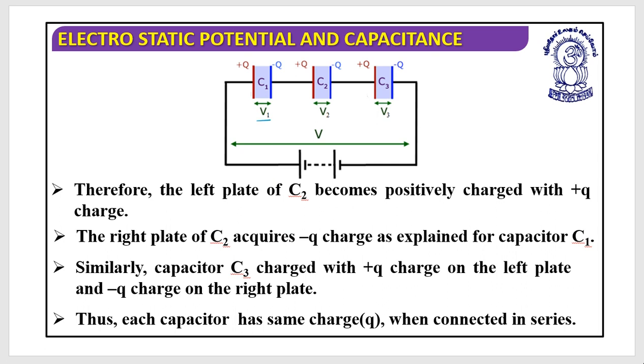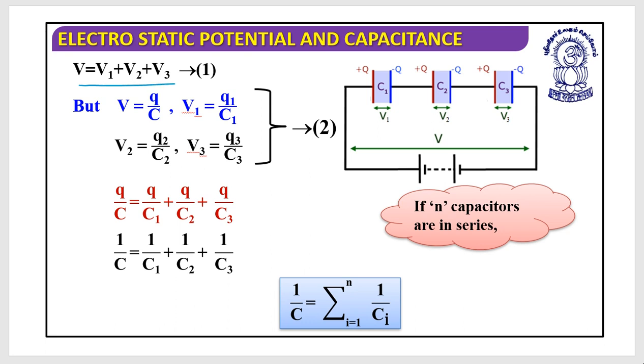So let's look at this. This is V1, the potential across capacitor 1, this is the potential across capacitor 2, and this is the potential across capacitor 3. As we have discussed, these are plus q and minus q, again plus q and minus q, plus q and minus q, connected with the supply voltage V. So what we can write is V equals V1 plus V2 plus V3. Summation of potential is always valid, and as potential is a scalar quantity, we do not need to bother with direction, because it requires magnitude only.